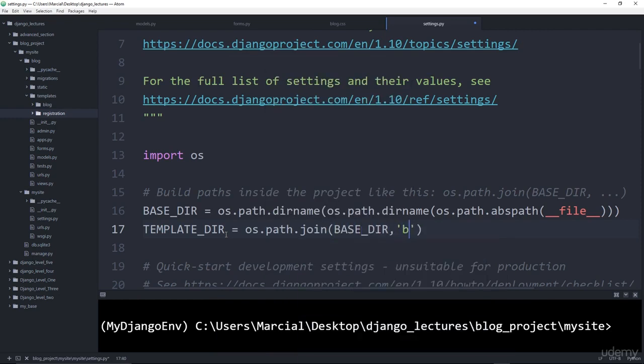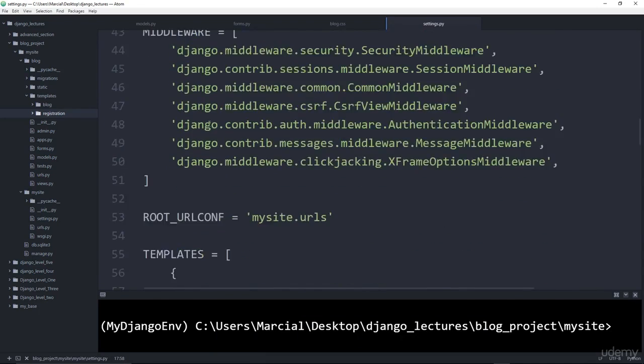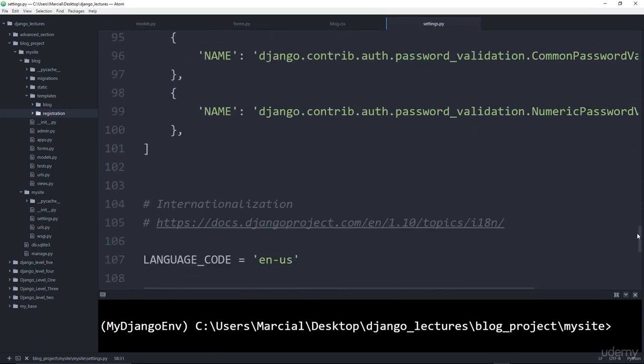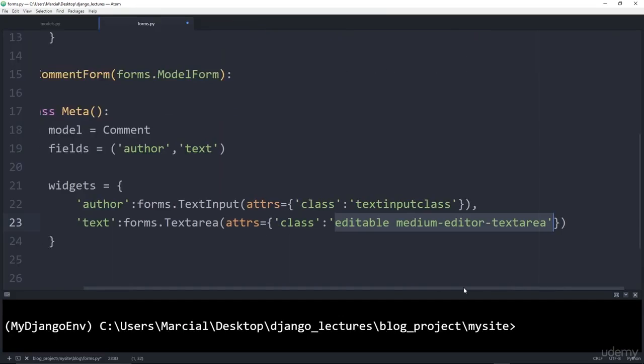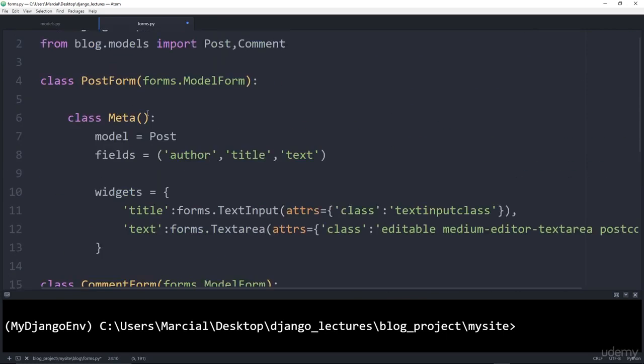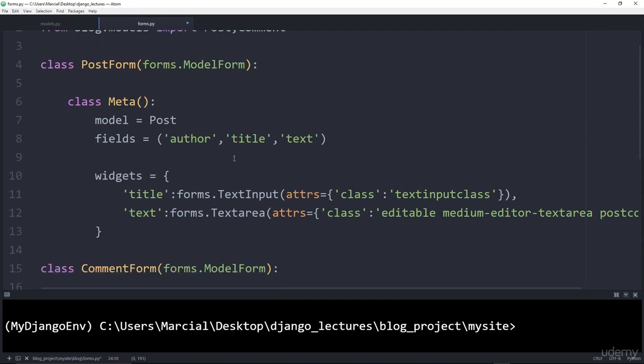So that post content class, I'll make sure that class is only suitable for the post form, versus here, I'm just going to have it kind of be the default medium editor classes. So those are my 2 widgets, and this is the main idea of how you can connect specific widgets to CSS styling. Again, the main idea is just you have widgets, it's a dictionary attribute inside of that meta class. You have the actual field, you'll say forms dot the actual type of widget it's going to be, and then you set attributes where you have a class key and then the name of the class that eventually will go